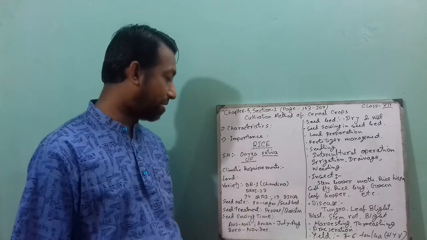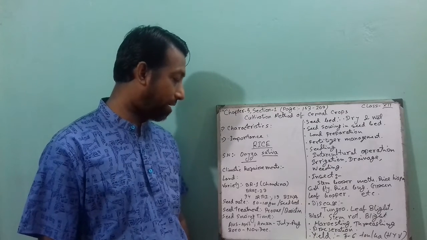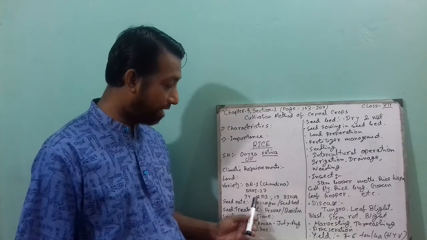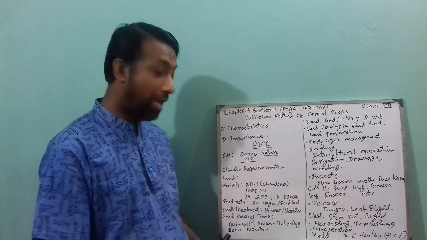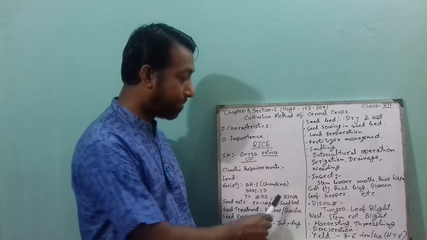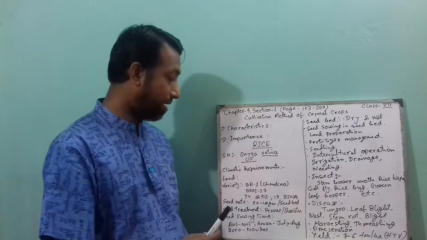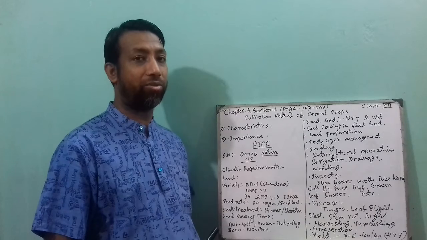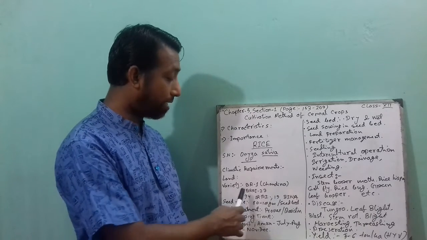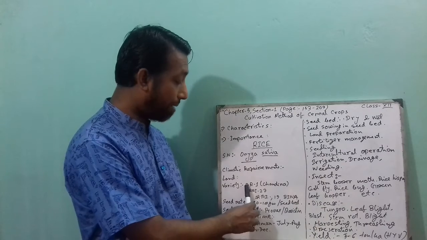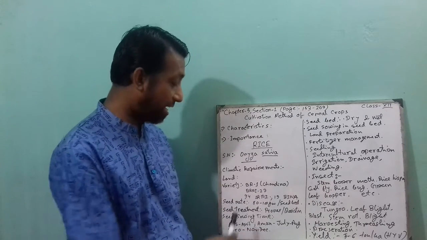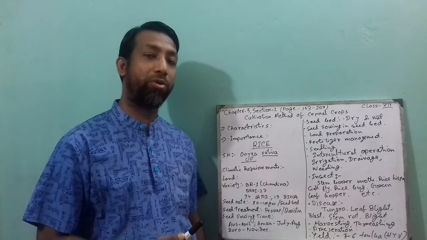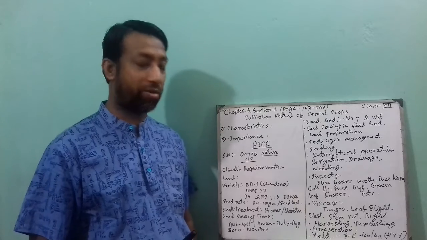Next point is variety. There are 113 or more varieties in our country. 94 varieties were invented by Bangladesh Rice Research Institute and 19 varieties by Bangladesh Institute of Nuclear Agriculture. The International Rice Research Institute has also invented some varieties. An example of a rice variety in our country is Bangladesh Rice 1, which is Chandina by local name, and BRRI 27. In our country, the most popular rice is BR28. These are the rice varieties of our country.